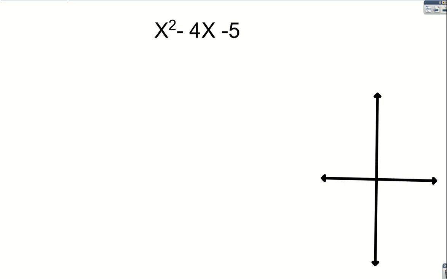The first thing we have to do, though, is set our equation equal to 0. The reason we do this is saying that y is equal to 0, which makes sense. When y is equal to 0, then we can find where our x values are. And this is going to be typical for most of our parabolas as it crosses the x-axis twice. After we set equal to 0, we're going to factor what's left